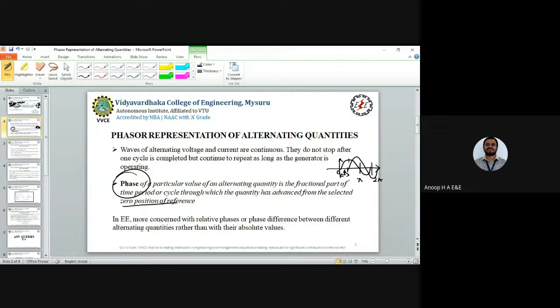Fine. So that is what we have got there, and let me tell you why, in electrical engineering terms, the relative phases between them we call the phase difference. Phase difference is the difference you observe between the set or reference value and the value with respect to that reference.